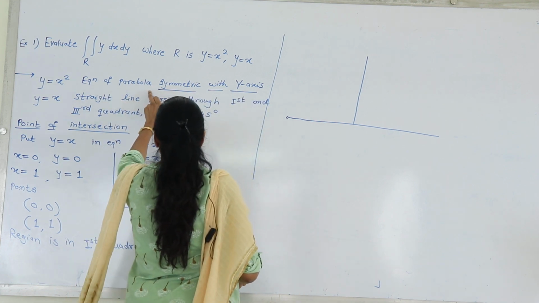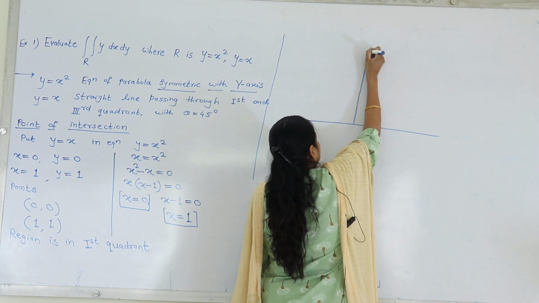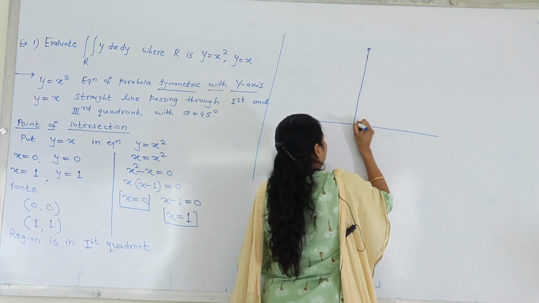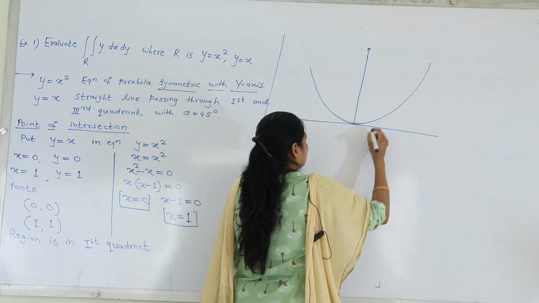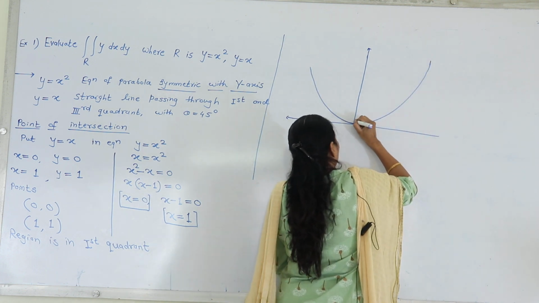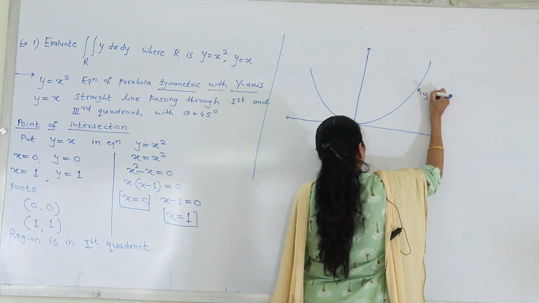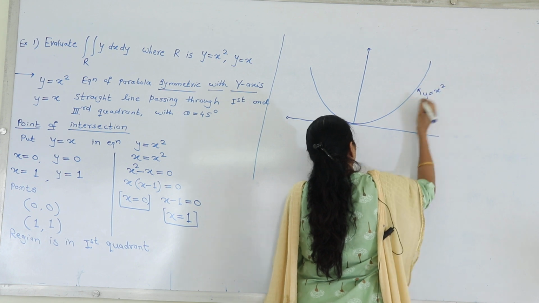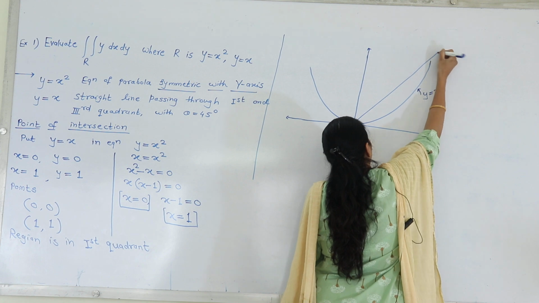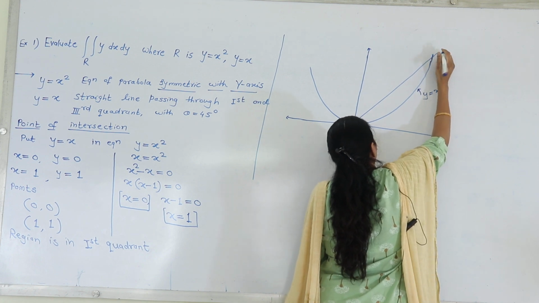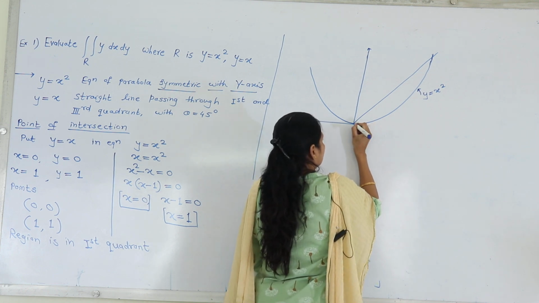First is the equation of a parabola which is symmetric with the y-axis, y is equal to x square. And the straight line which is passing through the first and third quadrant and making an angle of 45 degree. This is the x-axis,